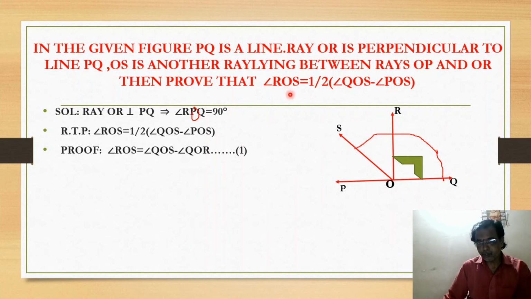Why? Because we need to get that ROS value, no? So that's why we concentrate on that value by doing this sum. Simply observe this left hand value, that only we need to get. So find the ROS value from this figure. Simply you can subtract the angle QOR from QOS. QOS minus QOR, simply. Okay. Now